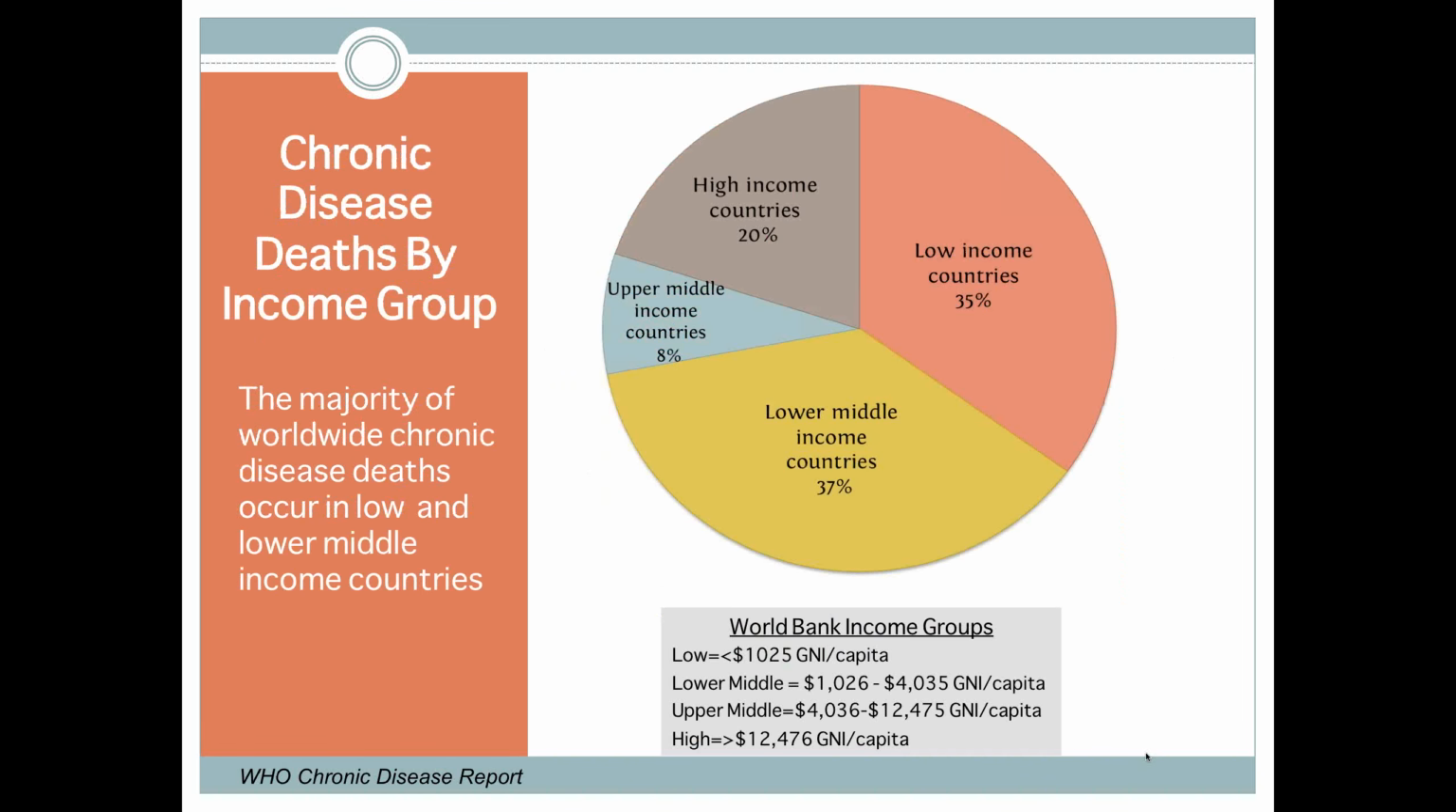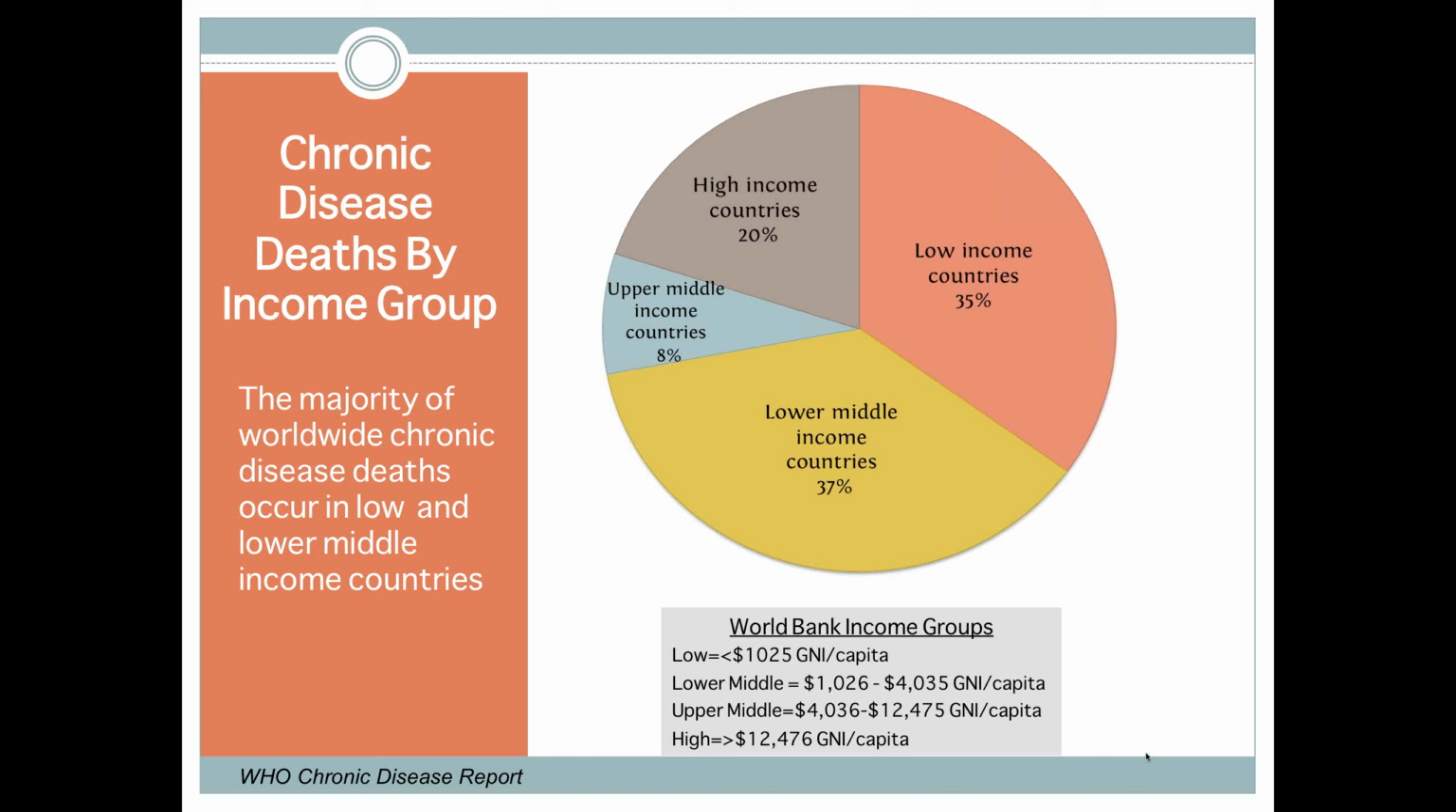This is a picture of the chronic disease deaths by income group. So in this graph, we've taken the World Bank income groups, and the 4 groups are defined at the bottom of the graph. They're low, lower middle, upper middle, and high. And you can see that the majority of chronic disease deaths worldwide are occurring in either the low-income countries and